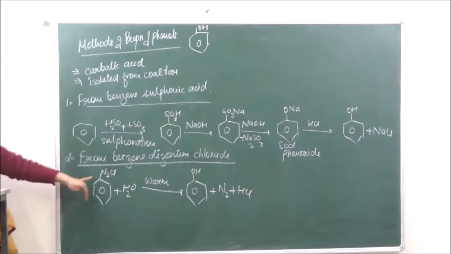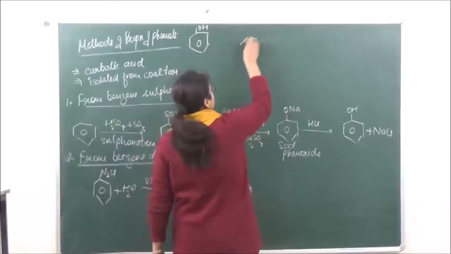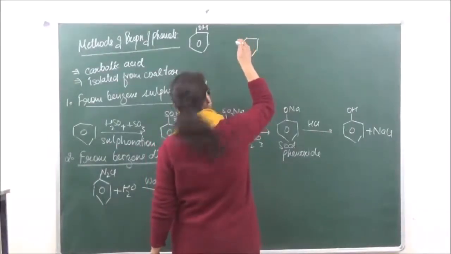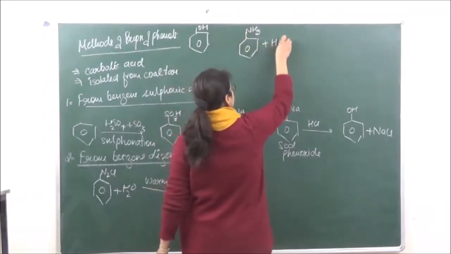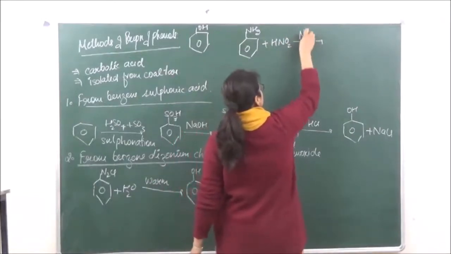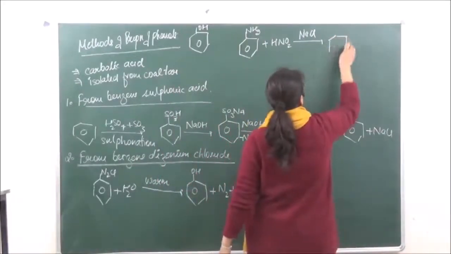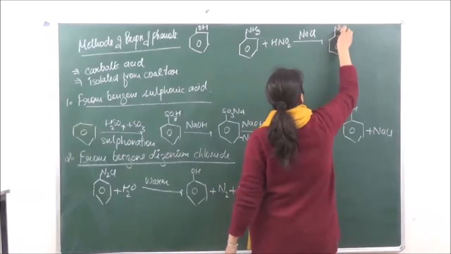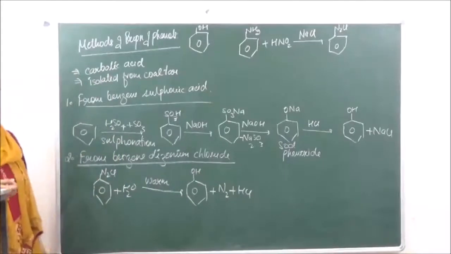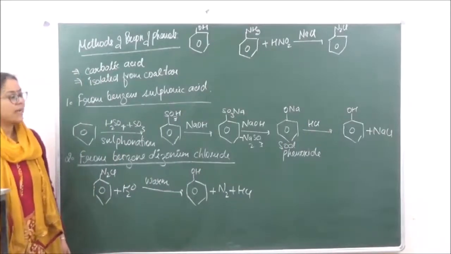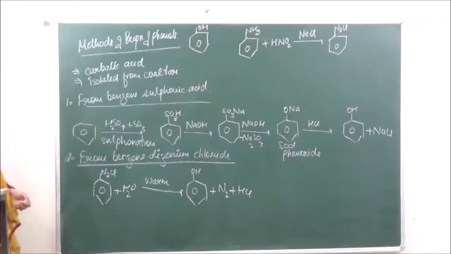Okay. Now you know how to prepare benzene diazonium chloride. It is prepared by reacting aniline with nitrous acid, known as the diazotization reaction. So if we are taking aniline with nitrous acid, the reaction takes place in presence of NaCl. We have already done this reaction in haloalkanes to give us benzene diazonium chloride. Because the diazo group is being introduced, this reaction is known as the diazotization reaction. Then we go on to the third method of preparation.